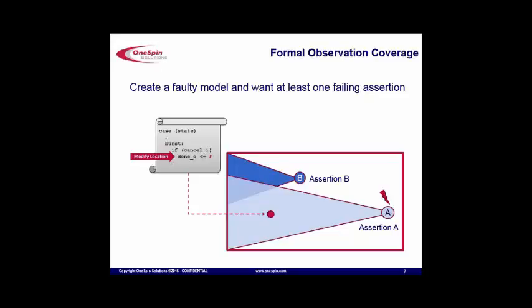However, whatever is in the cone of influence of an assertion is not necessarily verified by this assertion. Therefore, we modify locations inside the source code which are inside the cone of influence of the assertion, and then we expect that assertion to fail. That would be proof that this code location is verified by this assertion.